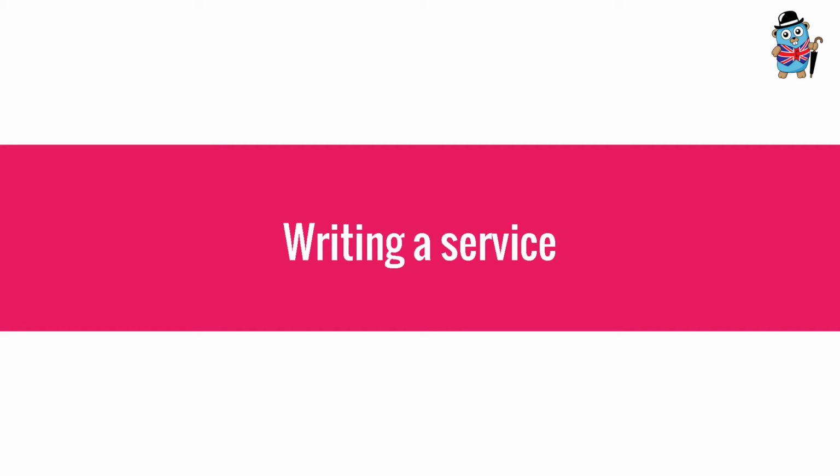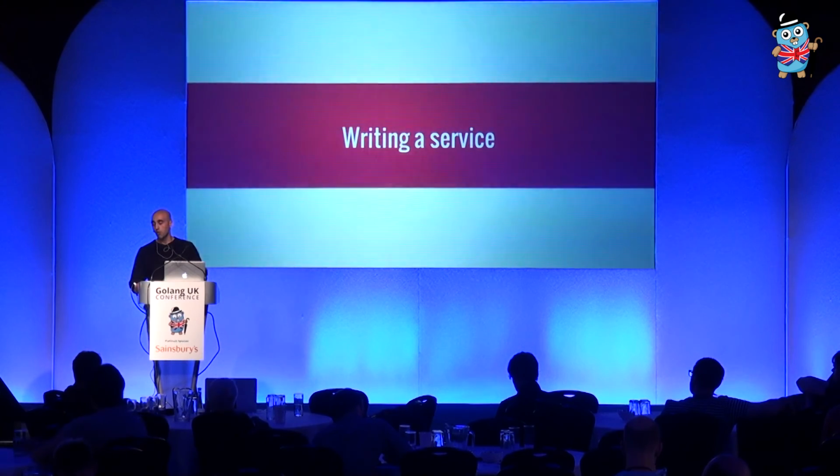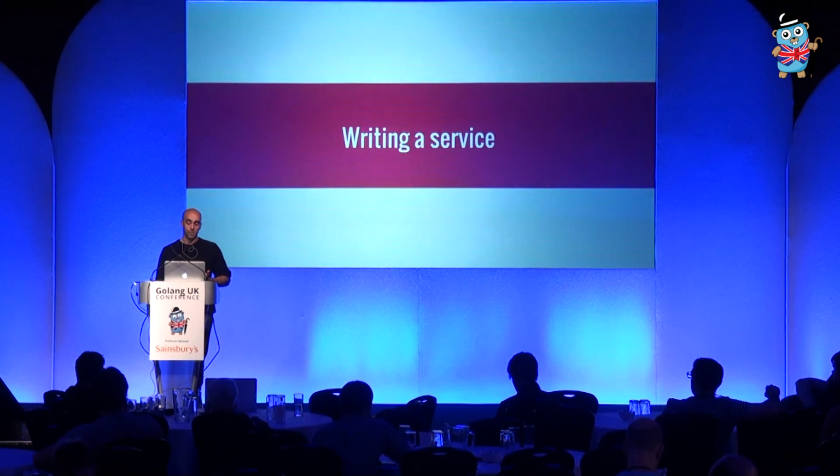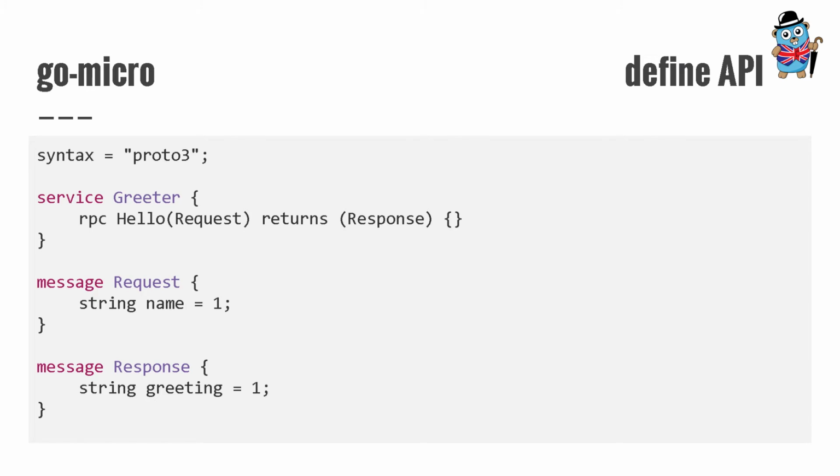So I just want to quickly go over writing a service with you guys. It's about 4 slides. There's not very much there, but it'll give you an idea of what's going on here. This is a protobuf definition for a service. Working at Google and Halo, I find protobuf to be fairly clear and simple and easy to use. As you can see here, you have the service Greeter. It has a method Hello. It takes a request and returns a response. What we can do is use the Golang protobuf library to compile this into concrete Go types.